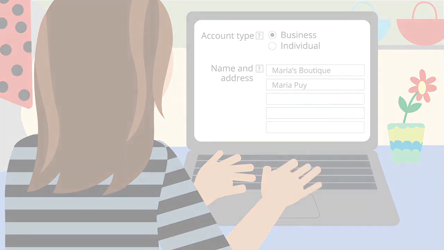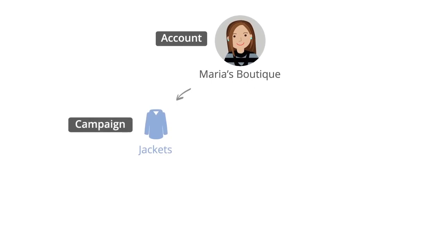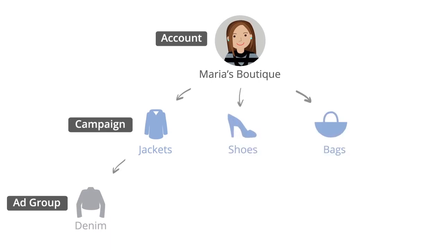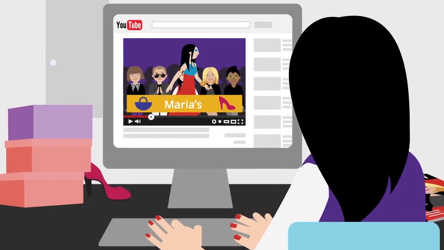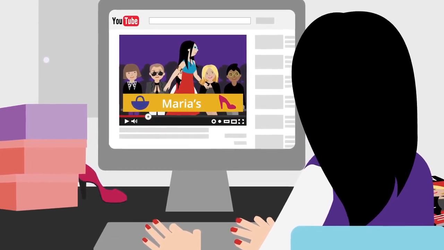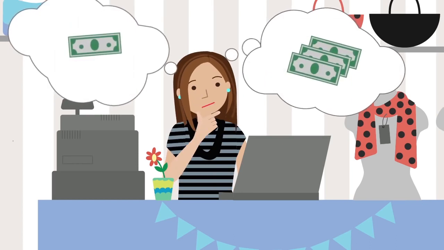Strictly speaking, an active AdWords account must contain at least one campaign, and in that campaign, one ad group. But like most successful advertisers, Maria's account is made up of several campaigns and multiple ad groups. Campaigns are where you make big picture choices, like when and where ads can appear, and the campaign's overall budget.